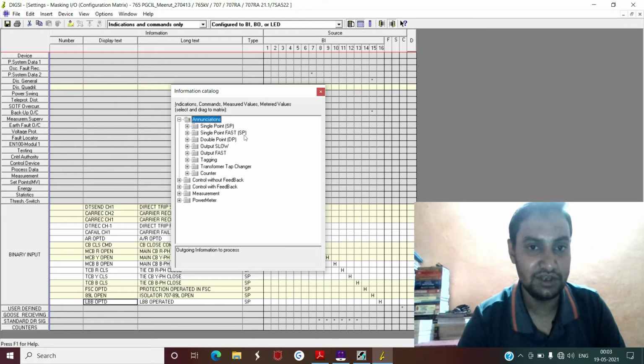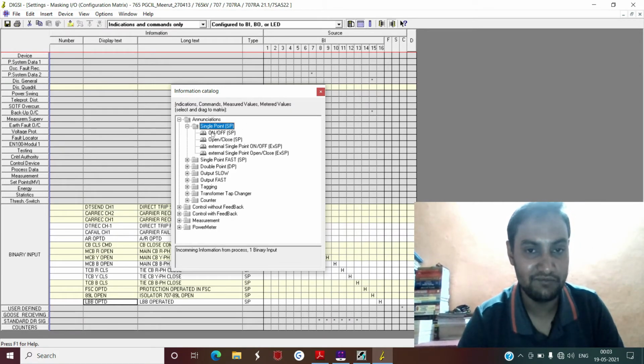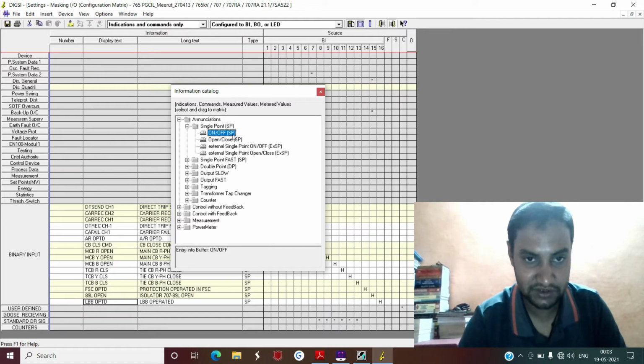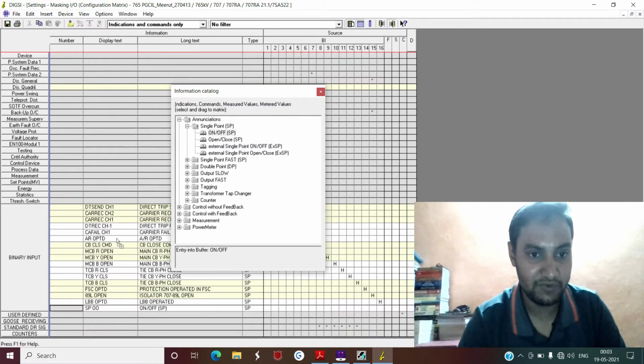Now in the annunciation, you will have basically two types of signal. One is single point and another is double point signal, which is only important for us. In the single point, if you see here, there are four types of signals, but all these signals are exactly the same. If you select this signal as on/off, then what happens? Right now my software is not working correctly, but still I am selecting just for once. What you have to do is select here and drag and drop it over here.